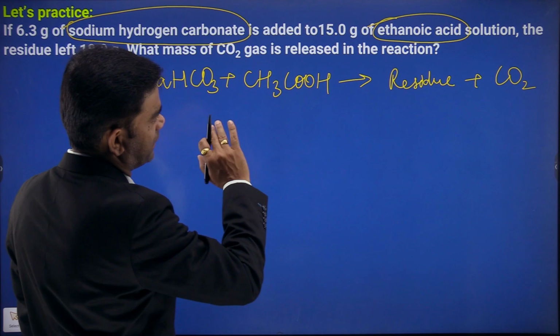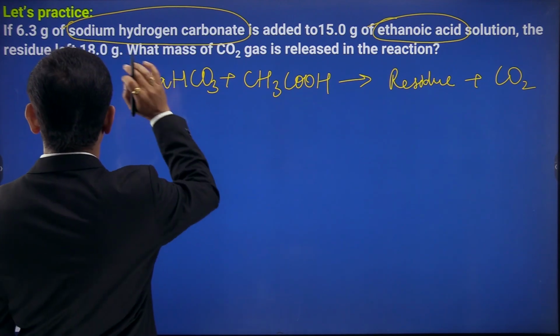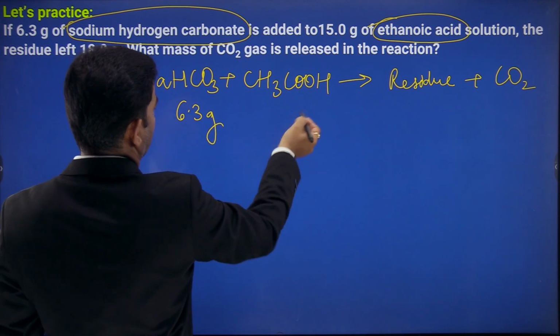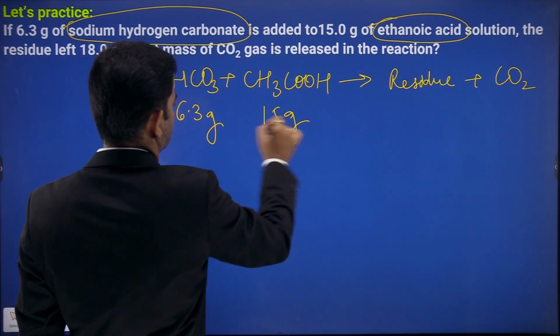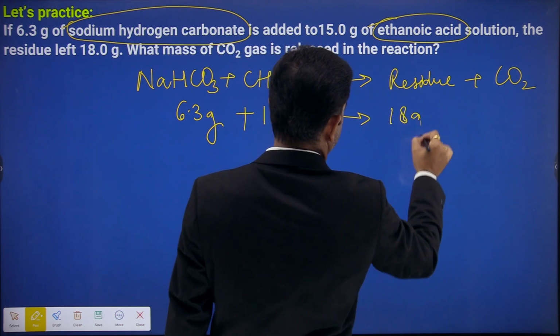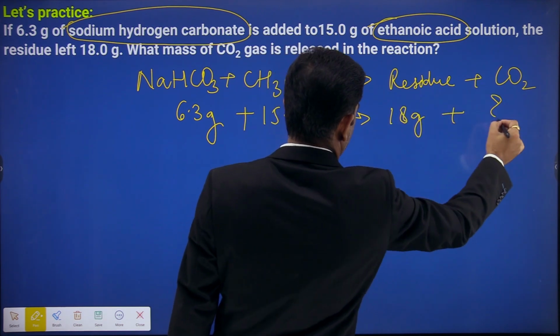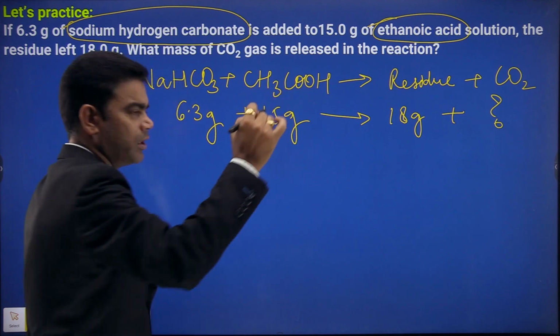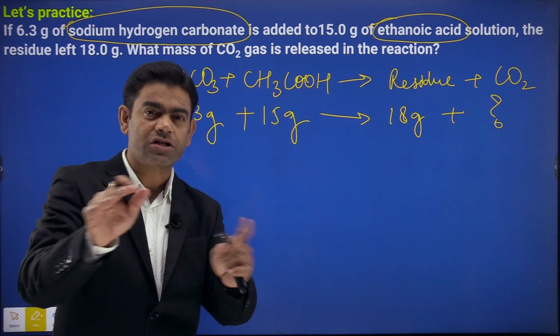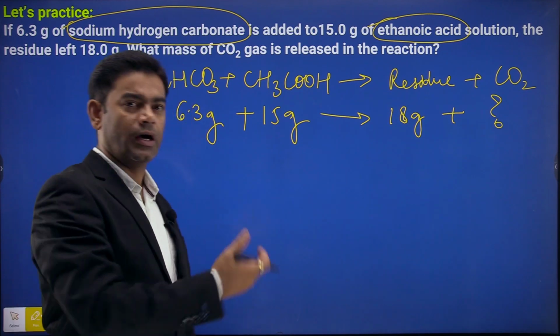So here the reaction is taking place and the residue is, so here this is 6.3 grams reacts with 15 grams and that's giving me residue of 18 grams. How much is carbon dioxide formed? अभी हमने पिछले क्वेश्चन में यही किया था. ये नहीं किया था, मैंने अलग चेंज करके बताया था कि ऐसा कर सकते हैं हम। आ गया हमारे पास।